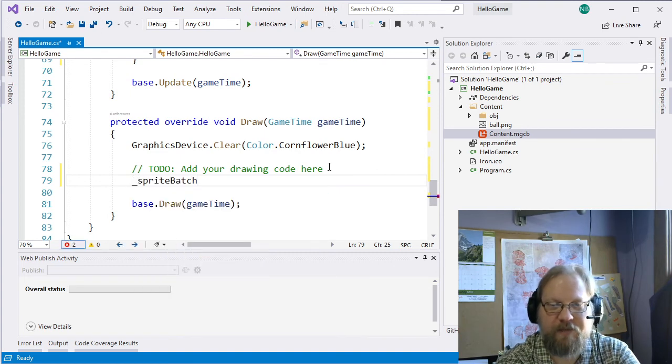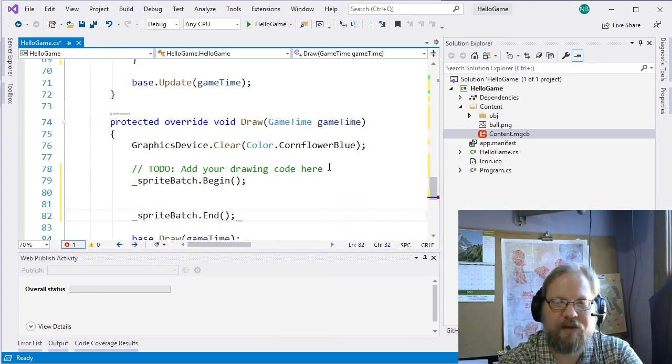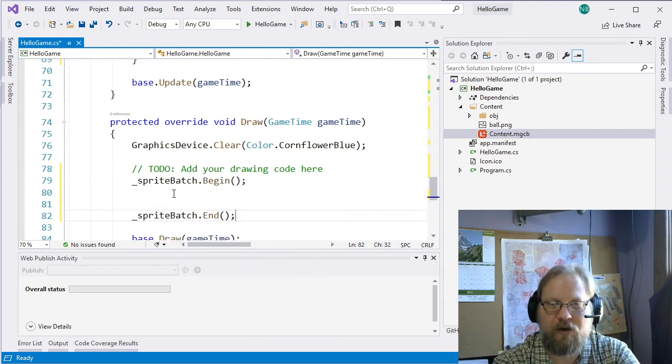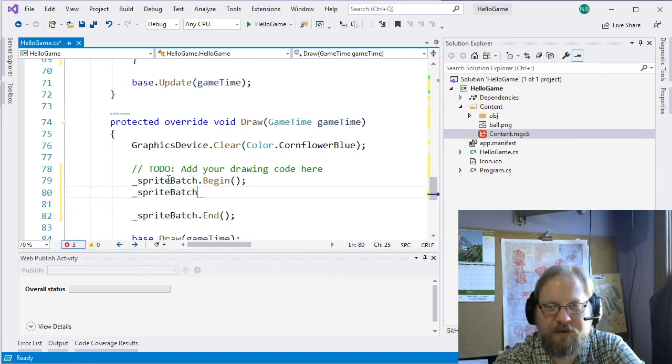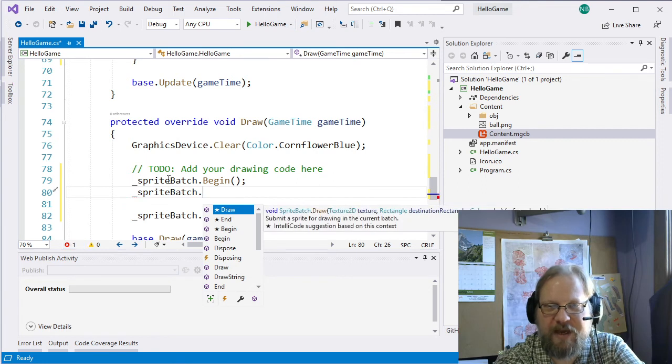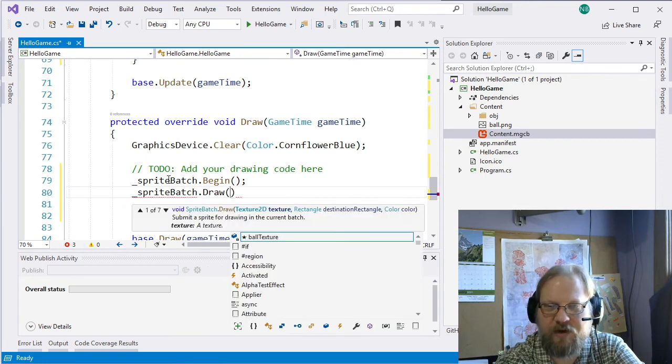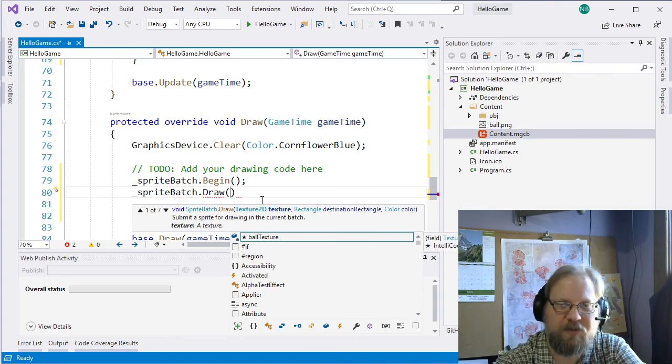So we get our sprite batch and call begin, and we'll also have a matching end. We put in calls to draw things in between these, and when we hit that end, that's when they actually get drawn. Up in here, we can put them in any order, and it makes sense of them. We'll spend a lot of time talking about sprite batch not too far in the future. But for right now, we just need to invoke the draw, and we're going to use the most simple form we can use, which is we supply the texture,